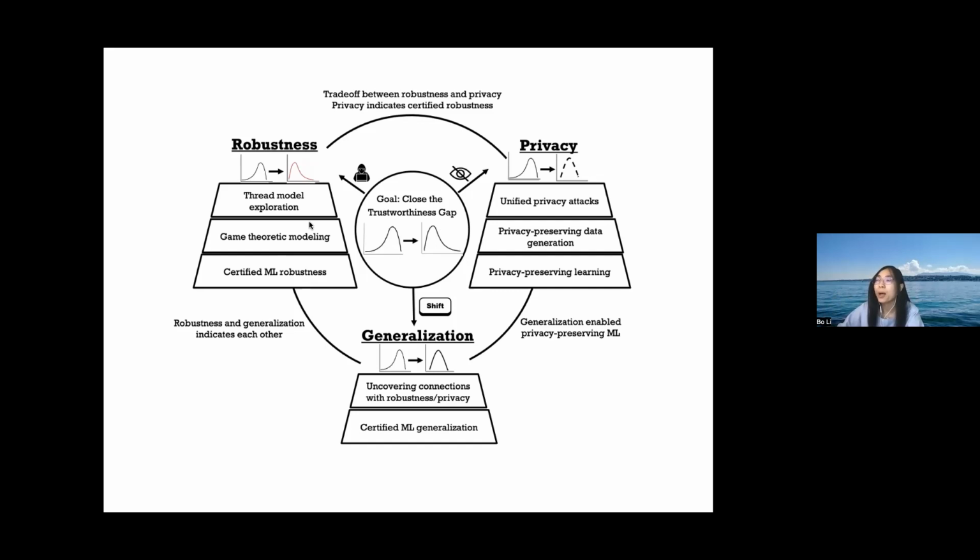And I want to give some quick examples of their relationships, but for more details, I would be happy to discuss later on. For some interesting findings, for example between robustness and generalization, we have a work proving that these two are indeed bidirectional indicators for each other under certain mild conditions, which means, for example, we know under robustness there is an important